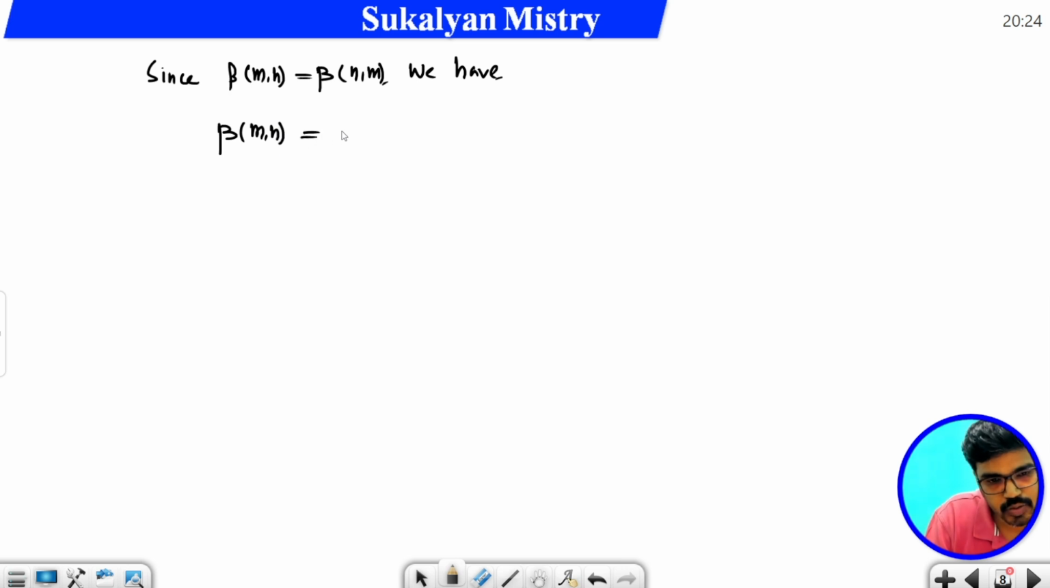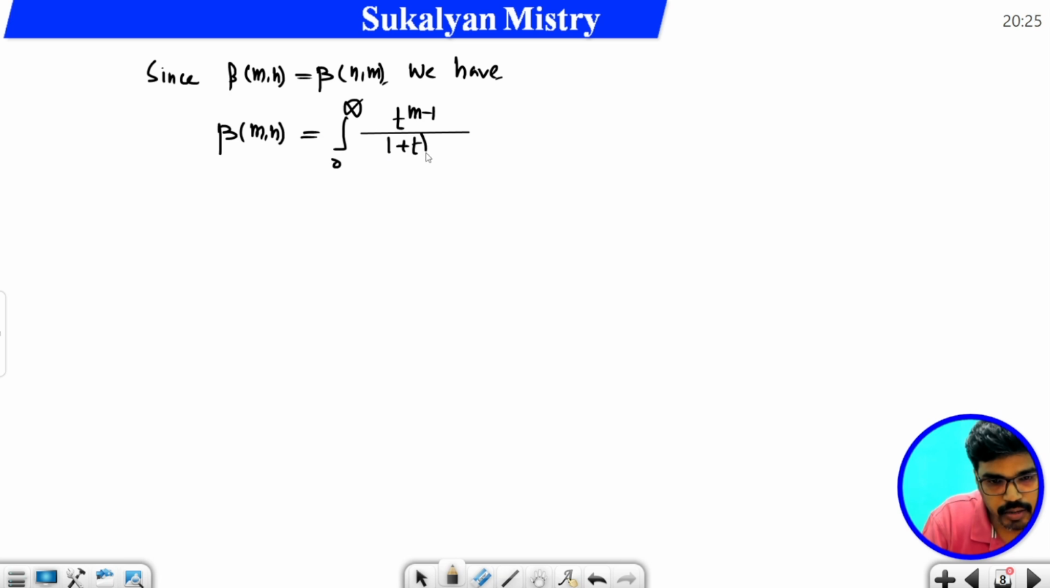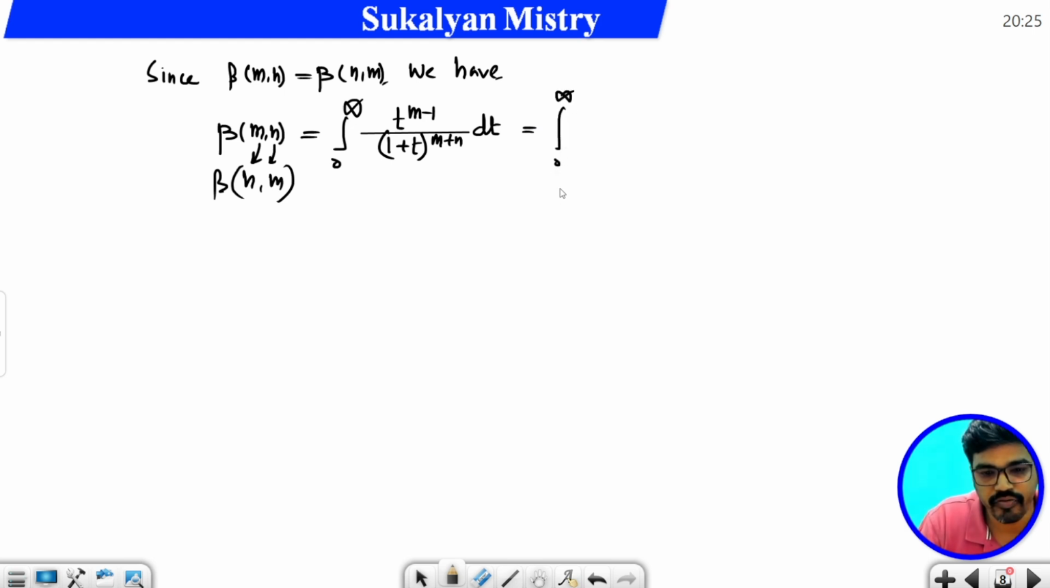Beta m comma n is equal to integration 0 to infinity t to the power m minus 1 divided by 1 plus t to the power m plus n dt. Since beta mn is equal to beta nm, that means you replace m with n, the thing is the same, right? So beta mn is equal to beta nm, so just replace m with n, so what we get is integration 0 to infinity